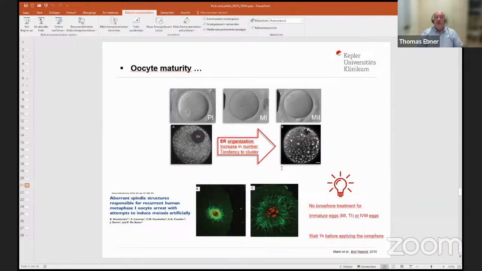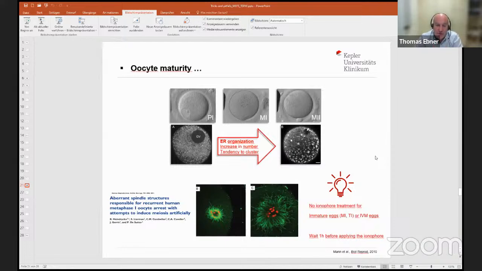And definitely, we do not use ionophore for all types of oocytes. Oocyte maturity is very critical to find the optimal time of ICSI in one case. But if you see here, from prophase 1 to metaphase 2, there's a change in the organization of the endoplasmic reticulum, also in its number and in its being a cluster or not. And the endoplasmic reticulum actually corresponds to the location of the receptors for the IP3, which means if this is not distributed equally over the cell, it may cause a problem. And if you would bring here an ionophore, then definitely you may cause a precocious artificial local activation, which may not end